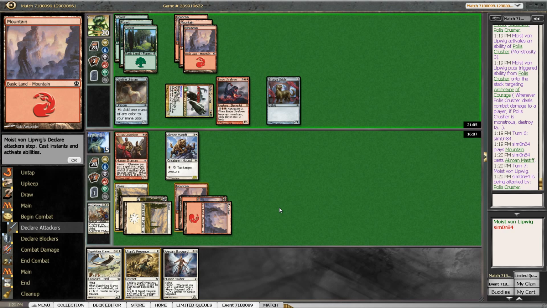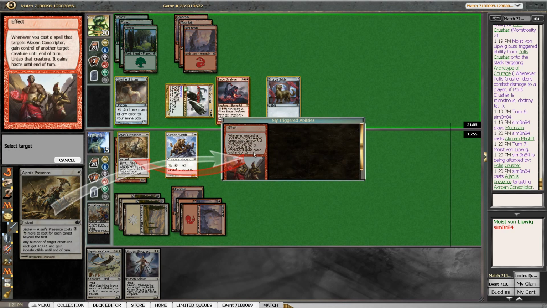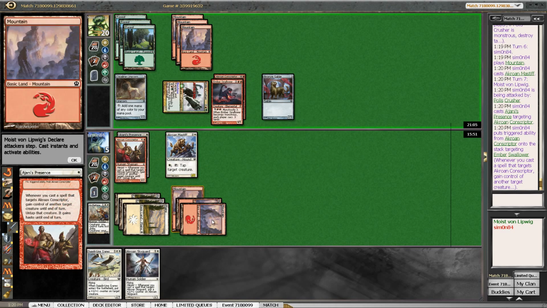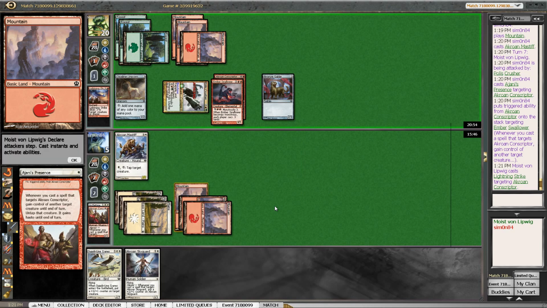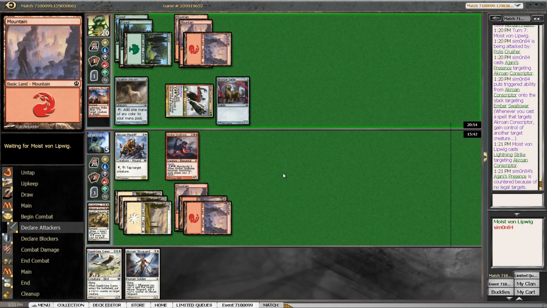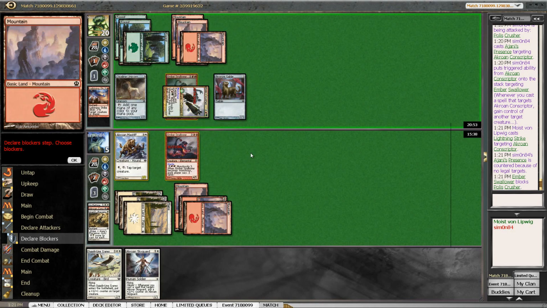Alright, Pulse Crusher is attacking alone as a 7/7. So my line is going to take Ember Swallower and block with that and the Conscriptor. And a Lightning Strike as well. That's not good. Sadly, the Swallower isn't an enchantment. That would be good. Well, the Swallower goes down anyway, but